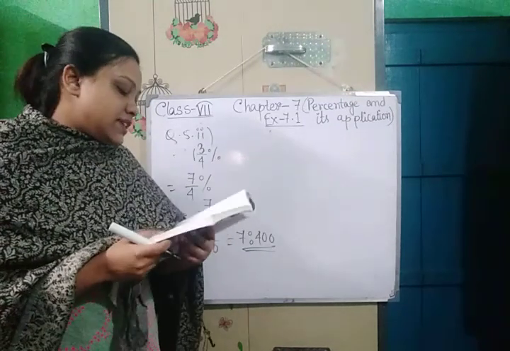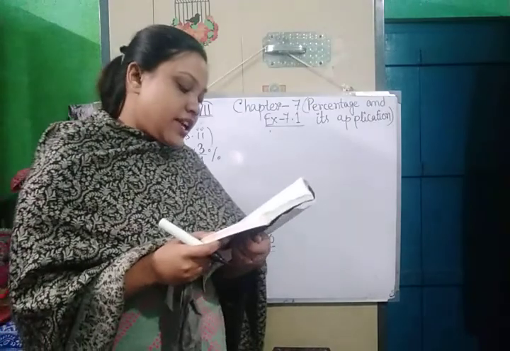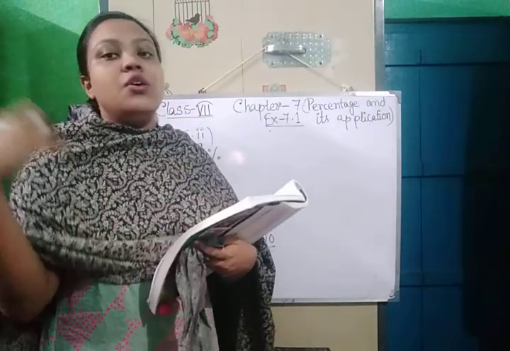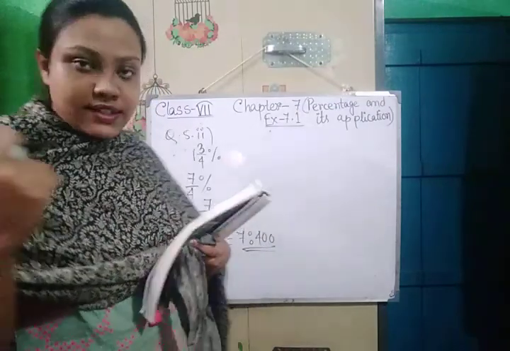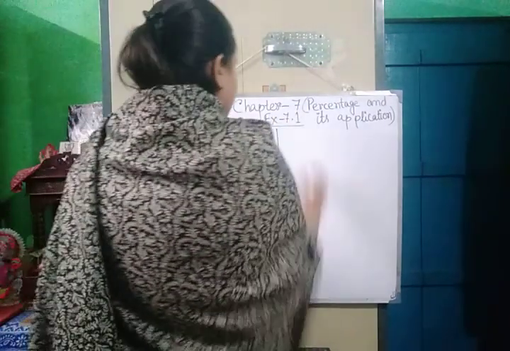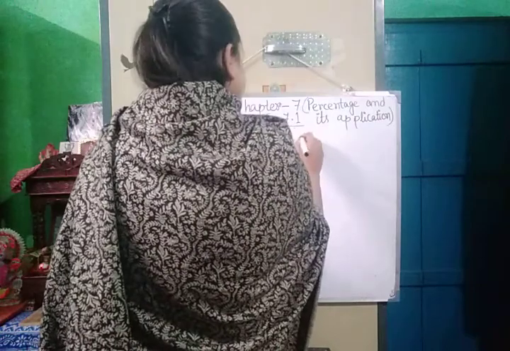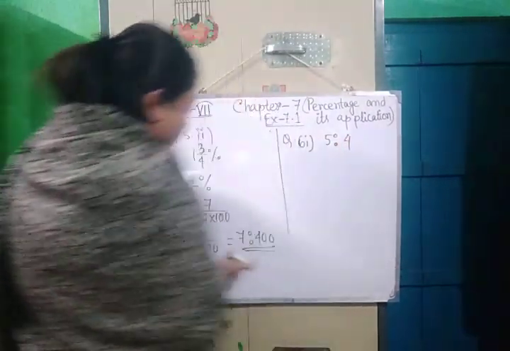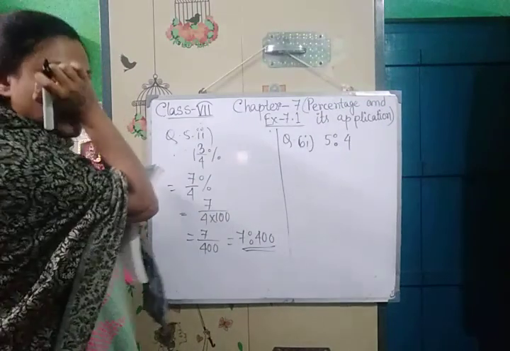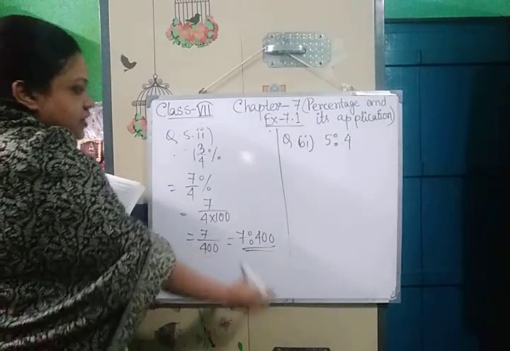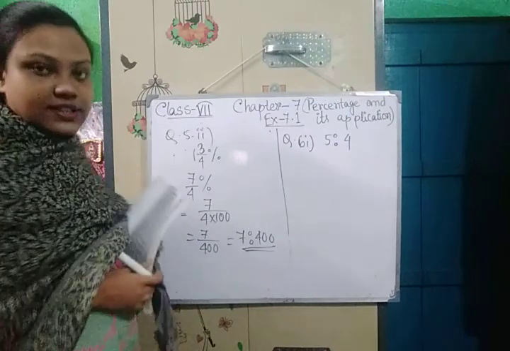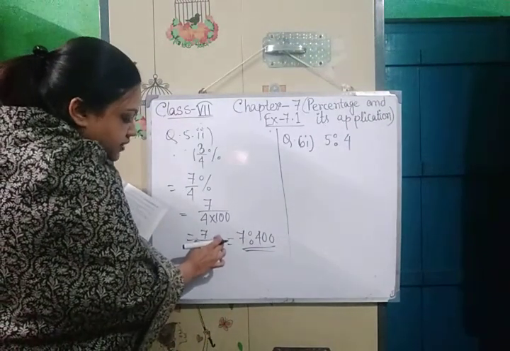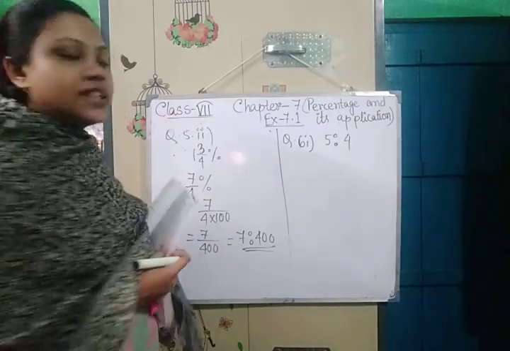Next, question number 6 is express the following ratios as percentages. And here in question number 6, ratios are given. We have to express it as percentages. So I am doing next question number 6, Roman 1, which is 5:4. So the reverse process of this thing, just first ratio is given, we will find out the percentage. How? First, here we first found the fraction, then we write it as a ratio.